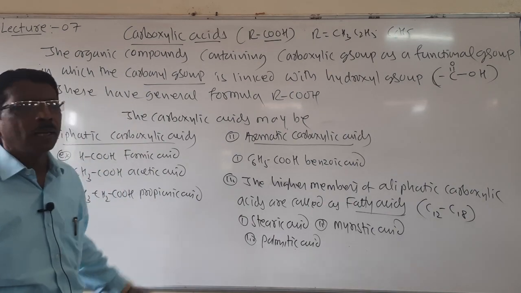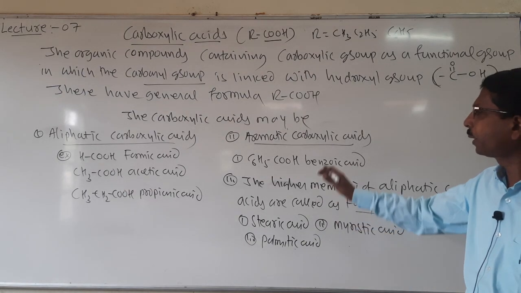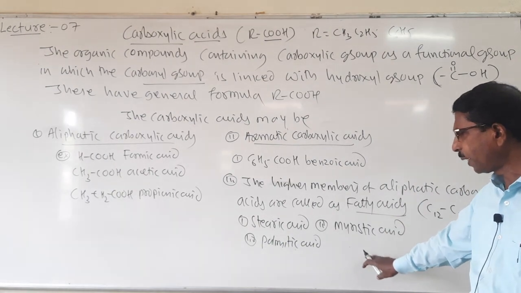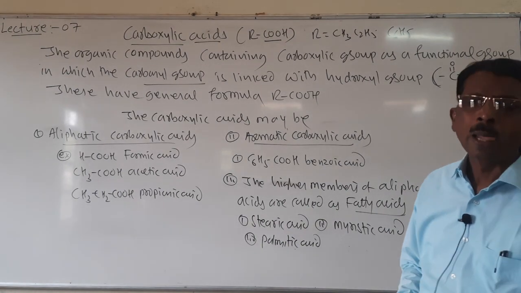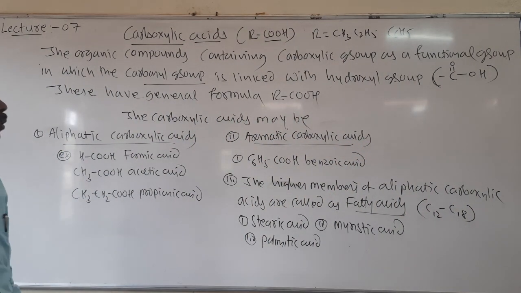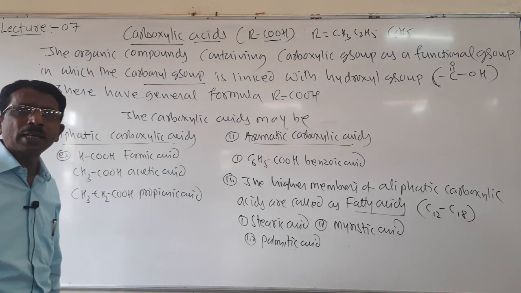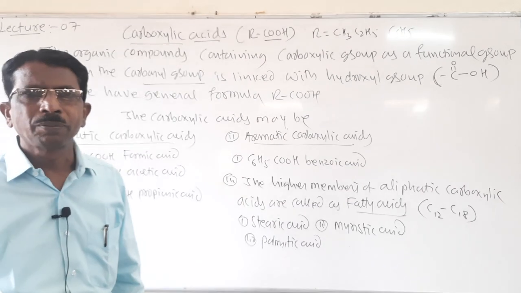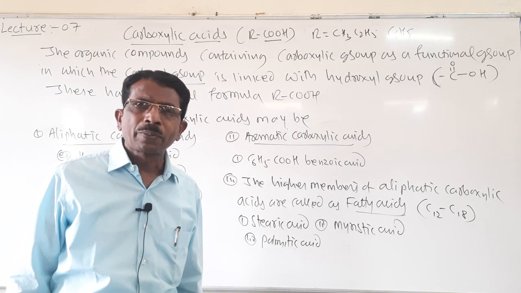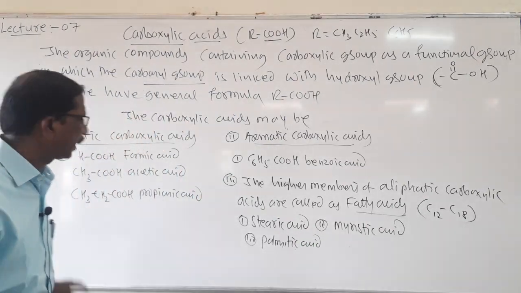etc. So here it is the introduction regarding carboxylic acids. Here it may contain aliphatic, aromatic, and the higher members of aliphatic are called fatty acids, and the fatty acid may be stearic acid, myristic acid, palmitic acid, even you may write, student, lauric acid. So these are the introduction regarding carboxylic acids. And then students, how are these named? Naming is very interesting. According to the common system, the carboxylic acids are named depending upon the sources from which they are obtained. So it is an interesting one. Let us see.